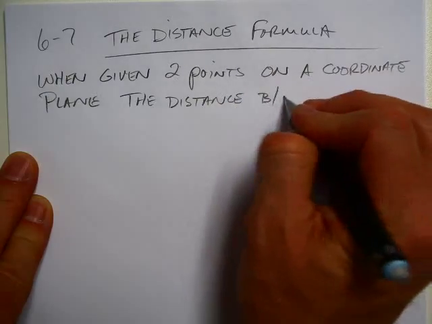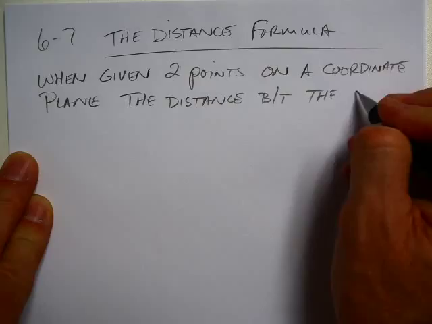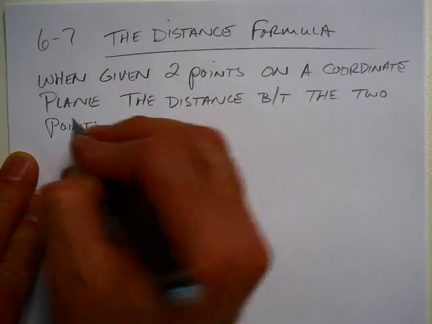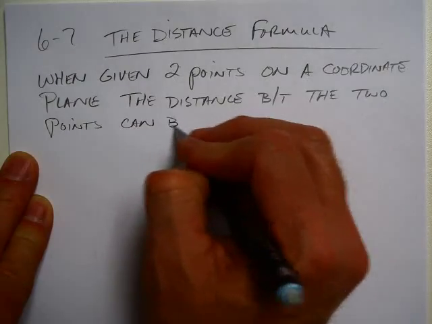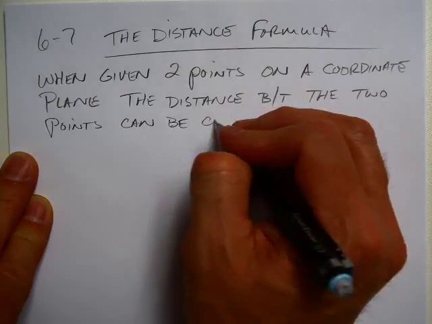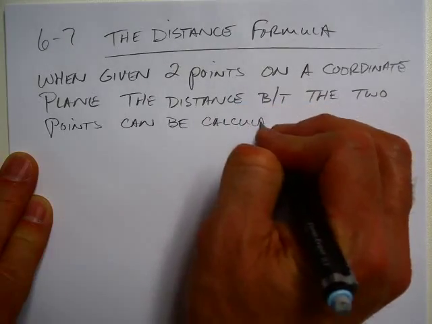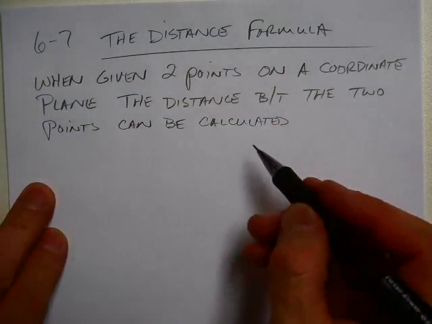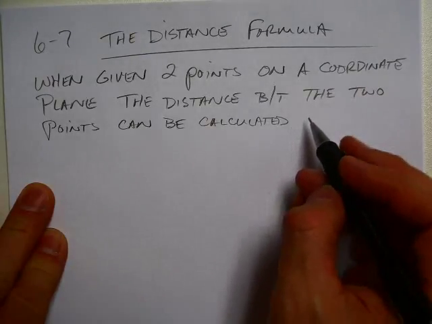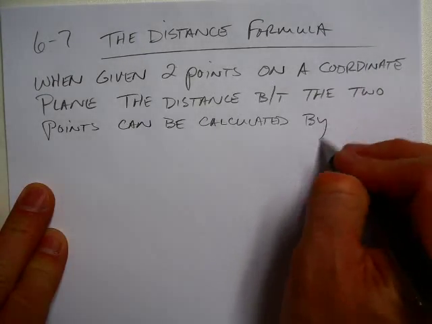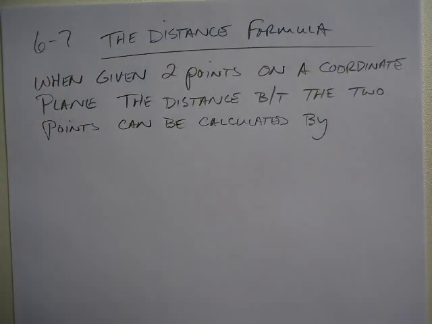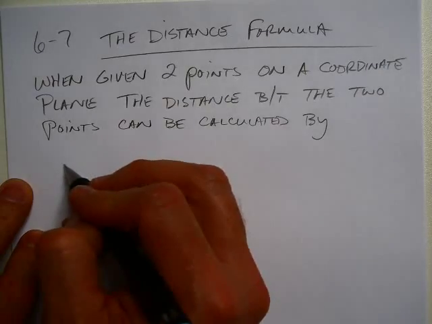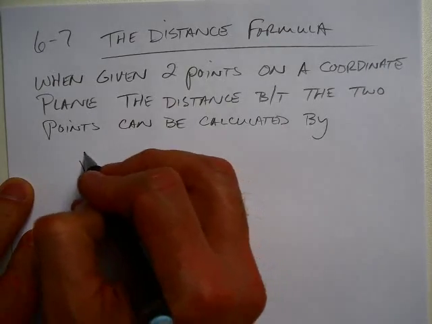The distance between the 2 points can be calculated by square root